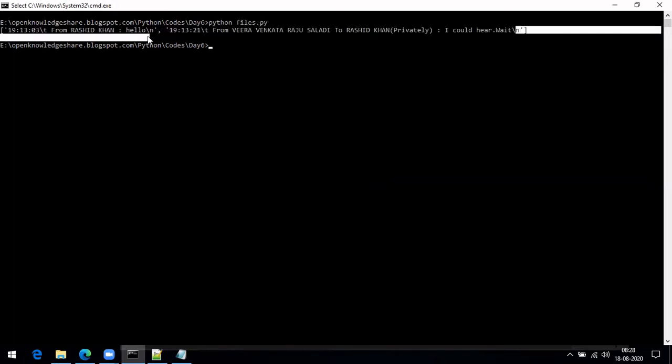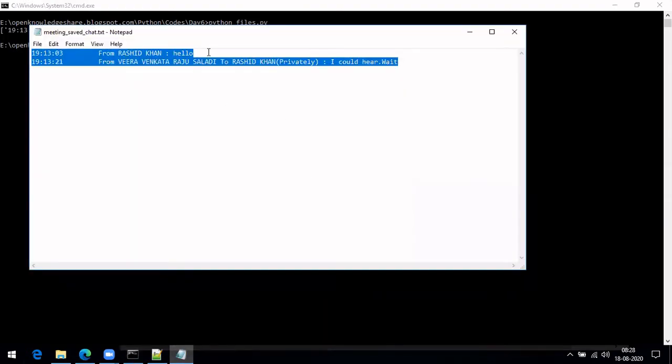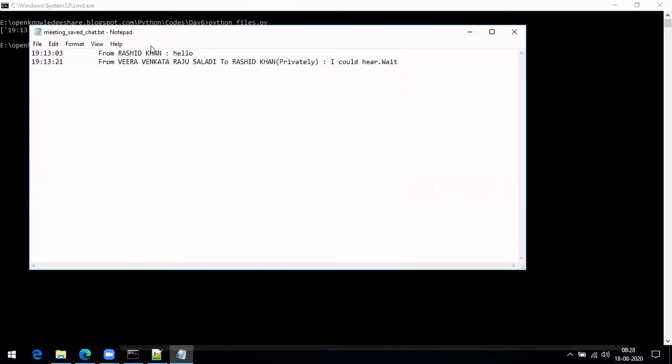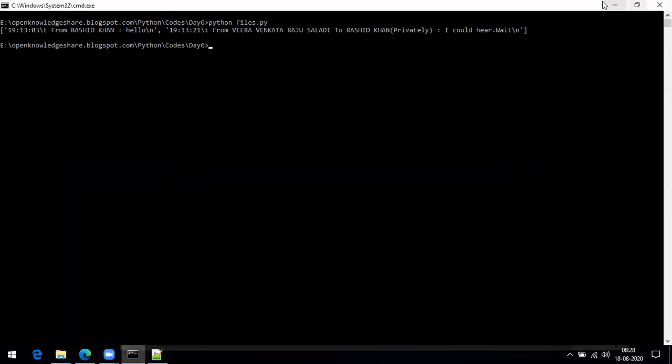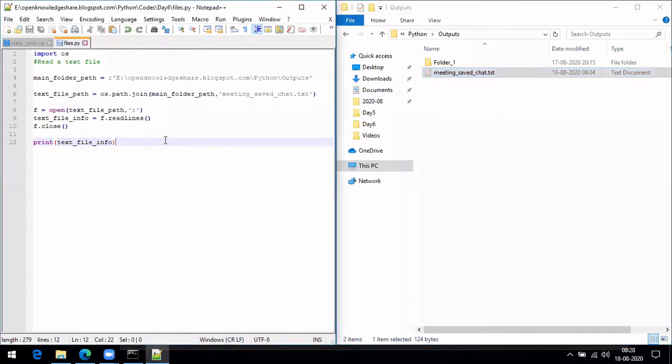Between elements there is a new line, because there is an enter here. If you see, it goes to a new line, which means there is a new line character here, and here this is tab, so slash t, and then this way till again there is an enter here, so it has created a new line character there. So that is how we are able to read it now, right?